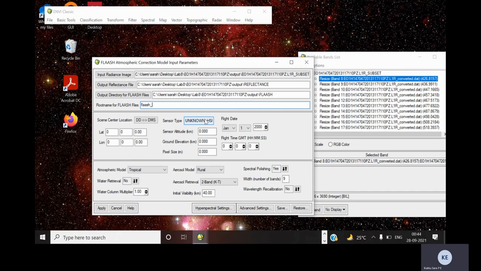Now we need certain information related to our imagery and the sensor. For that we need the scene center location, its value in lat long, sensor altitude, ground elevation, pixel size, etc., flight date, and flight time. For that we will open our metadata.